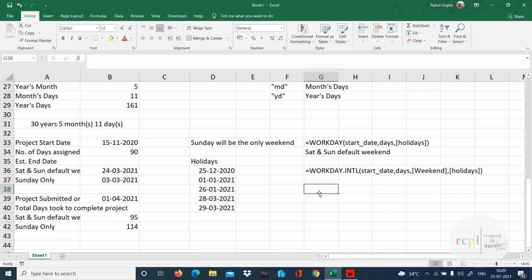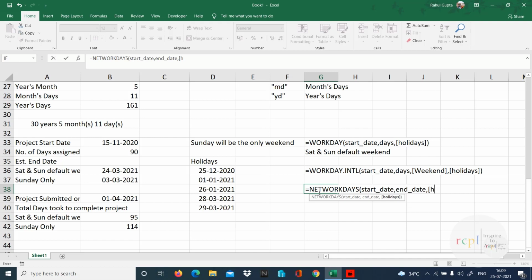So let's write the function also over here. Networkdays, start date, comma, end date, and holidays if you are having any. Here we have again Saturday and Sunday as default weekend.